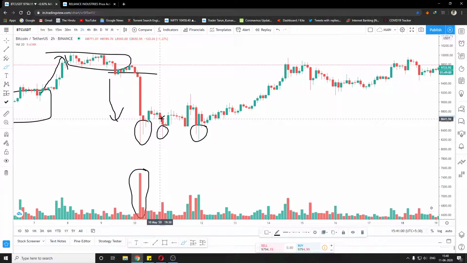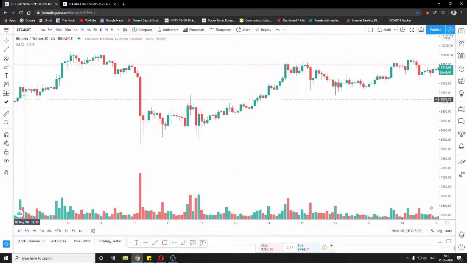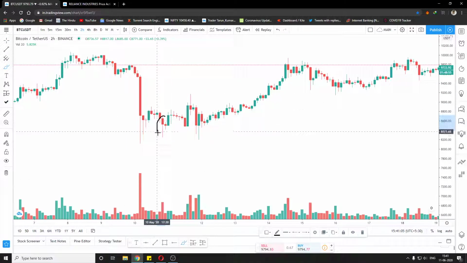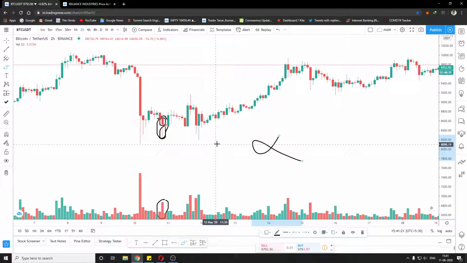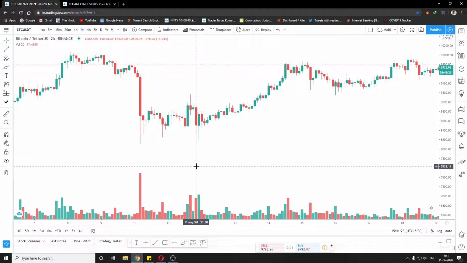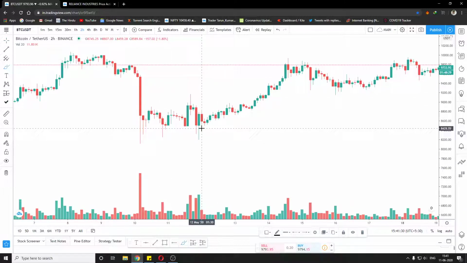If we see just this candle, exactly this candle, you can see that the spread is so small and the volume is above average, and we have a lower wick. So what some people do is they see this candle and they buy. No, we don't do that. When we see a lower wick, we should get ready to buy, but we do not buy.